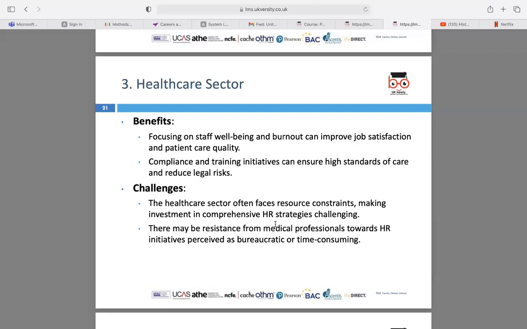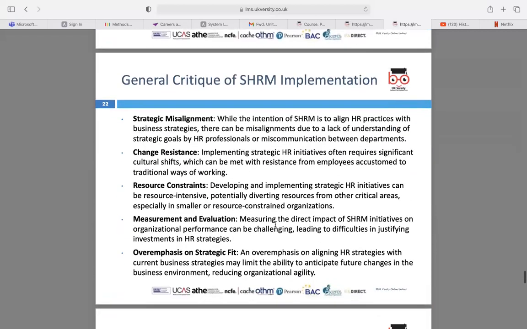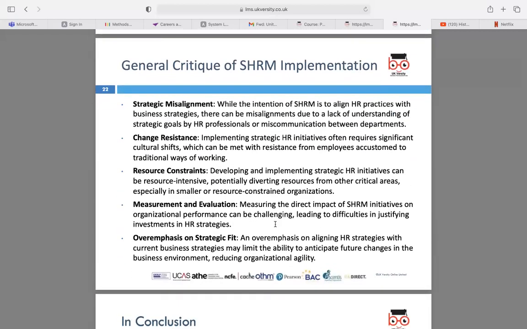And there can be arguments from medical practitioners explaining that this specific policy is too time consuming. For example, if HR wants the doctors to jot down every piece of patient information and make a digital file for the patient, the doctors might argue that that is too much admin work, because it takes a lot of their time, but their time should focus on how to treat patients better, be empathetic towards them and talk to them better. So there can be different critiques that come up when it comes to putting strategies in place.